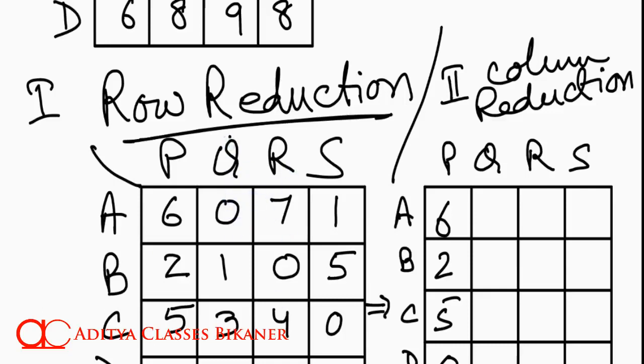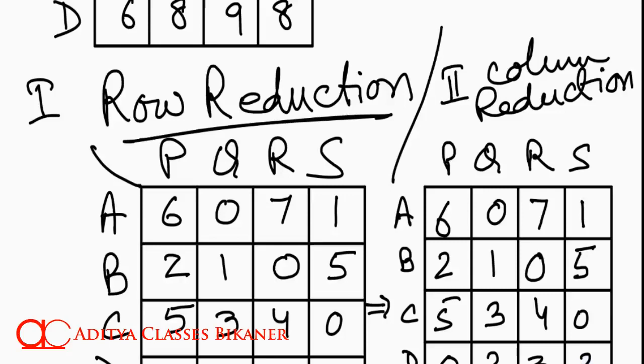What happens with column Q? We have 0 as minimum. So once again, all the values will remain unchanged, because 0 minus 0 would give me a 0, 1 minus 0 is 1, 3 minus 0 is 3, and similarly we have a 2. If we have a look at column R, once again we have 0 as the minimum. So if you subtract this 0 from the complete column, what do we get? 7 minus 0, 0 minus 0, 4 minus 0 is 4, again a 3. And the same happens with this last column. What do I get? 1, then there is a 5, 0 and 2.